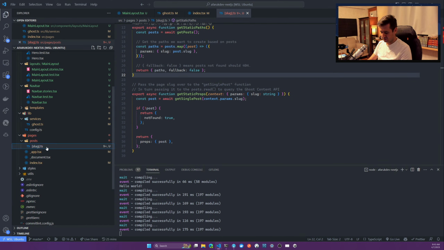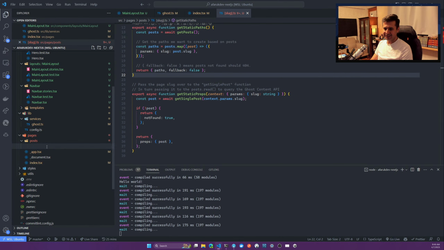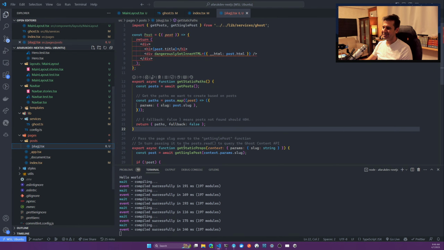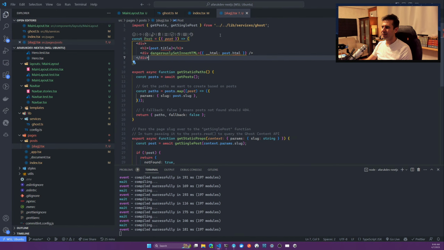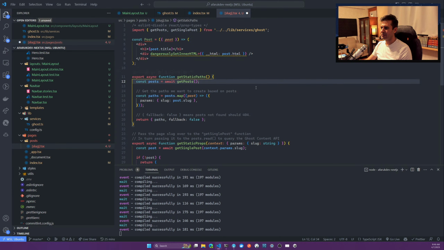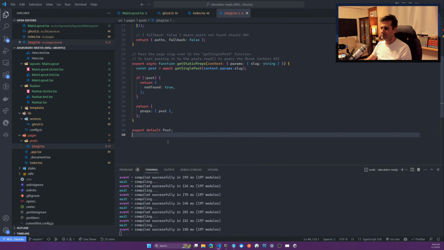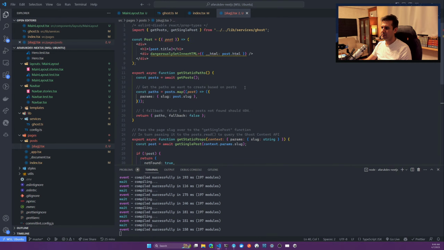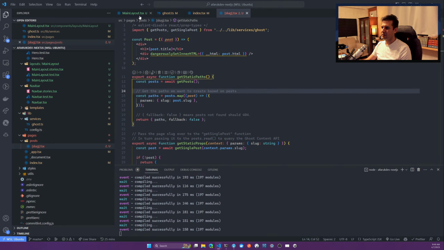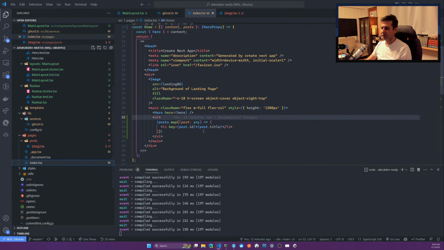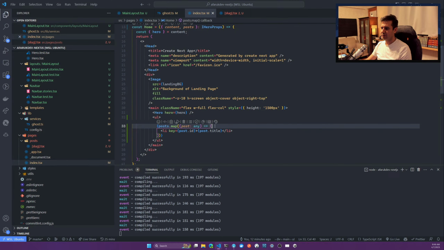Oh, what the hell? So don't make this mistake, guys. It is not a TS, it should be a TSX. I will do this for now. So we need to export default post. Now in the index file, we can wrap this